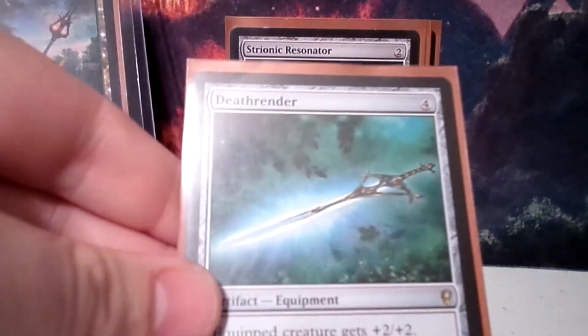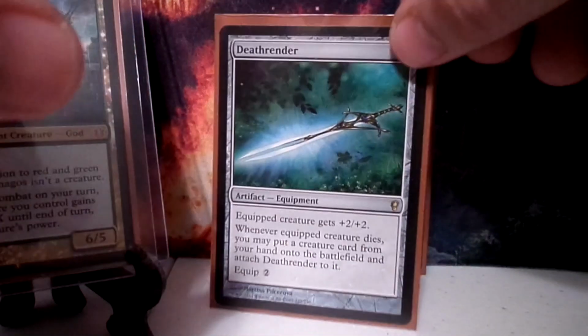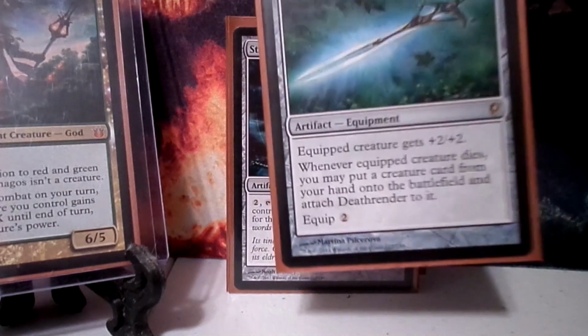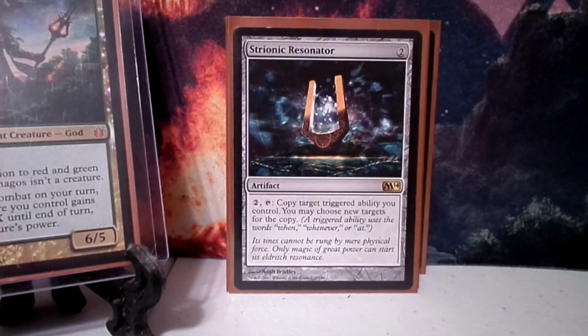Let's see, Deathrender. It's a 4-drop artifact equipment. Equipped creature gets +2/+2, and whenever equipped creature dies, you put a creature card from your hand onto the battlefield and attach Deathrender to it. And it's equipped to